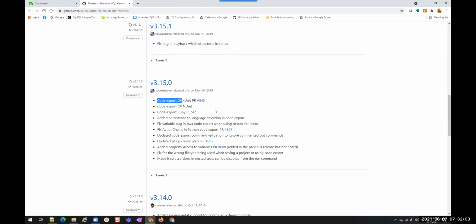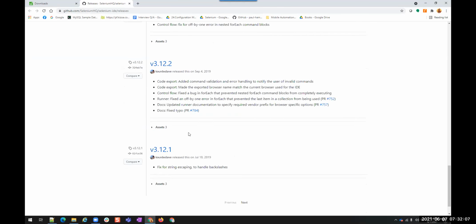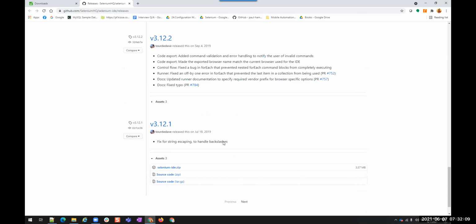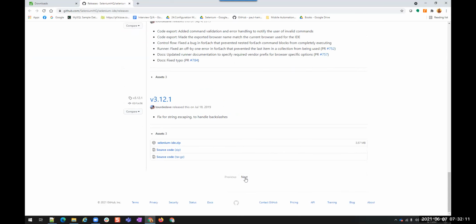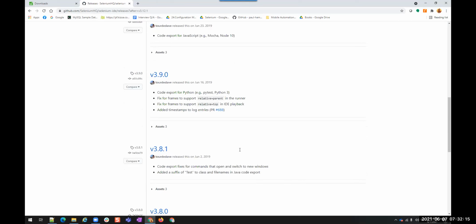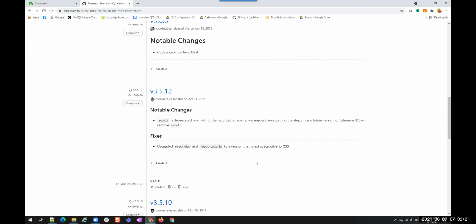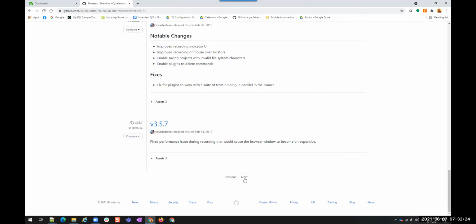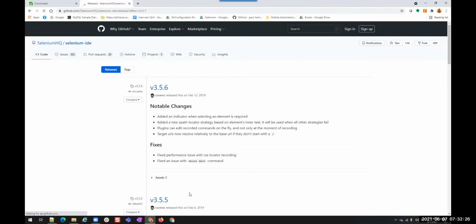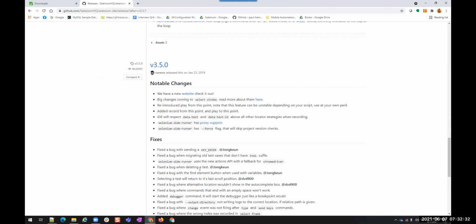Then let us go back to version 2. You will see that it was stopped around 2013 or somewhere. This is all version 3. These many changes that they have added recently from 2019 to 2020 March, they have added all these features.